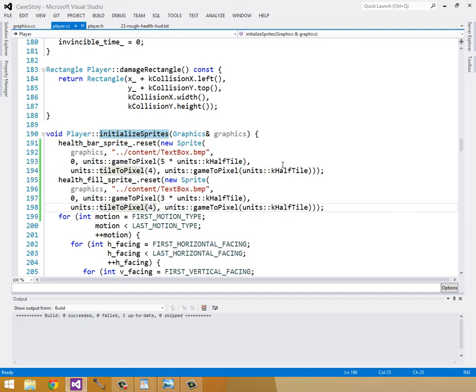And the width is going to be a little bit unusual. I'm going to do the normal way, and then you'll see how it's not quite right, and then we'll fix it. So this is 2.5 tiles, or game to tile 5 times units k half tile. And the height is still just going to be a half tile. So now let's draw it,